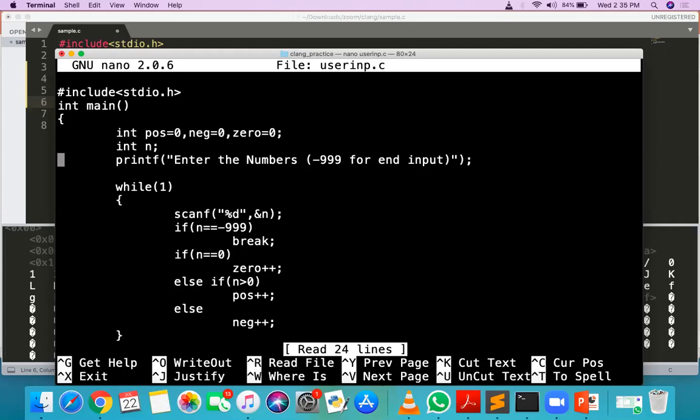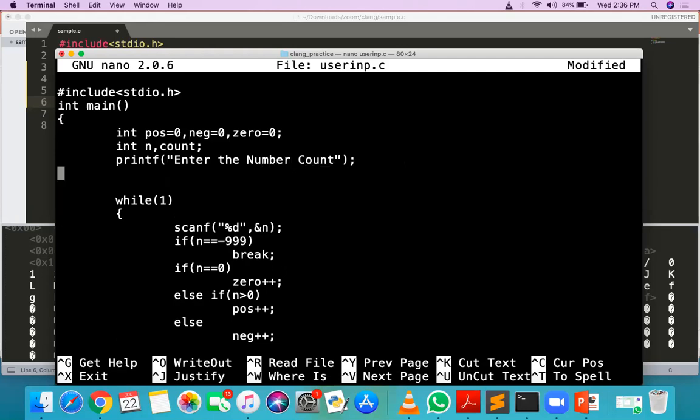Okay, so the same program I'm doing here. For that program, I require one more variable, suppose the count variable. So first I need to enter the count, the number count. Then scanf %d and address of count.